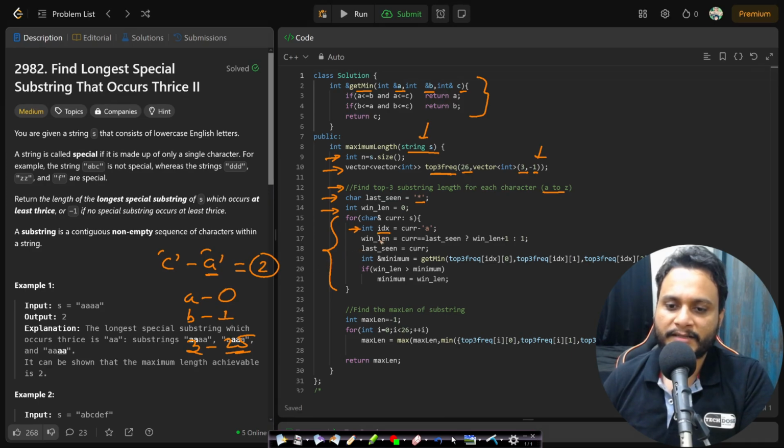We are finding the index. Now we will be finding out what will be the window length. So if the current character is the same as the last seen character, then my window length will increase by 1. Otherwise, if the current character is a new one, then a new special string is starting at this current point, and so the counting has to start with 1. Okay. Now whatever is the case, I will update the last seen to my current character,